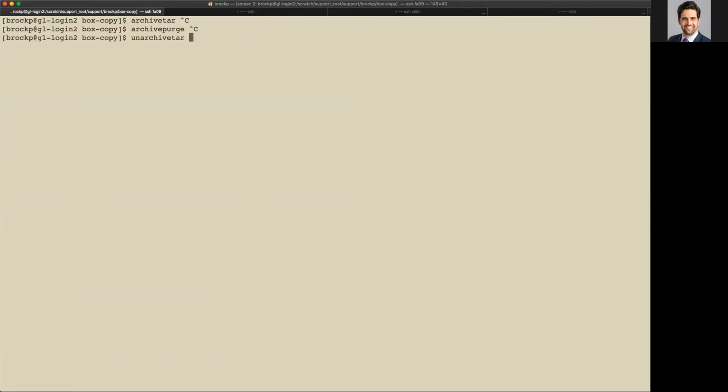One of the nice things about Archivetar is it's still creating normal tars, so you are able to expand these tars on systems where Archivetar is not installed, and thus they remain highly portable. So in this case, I'm going to be invoking Archivetar using a relatively